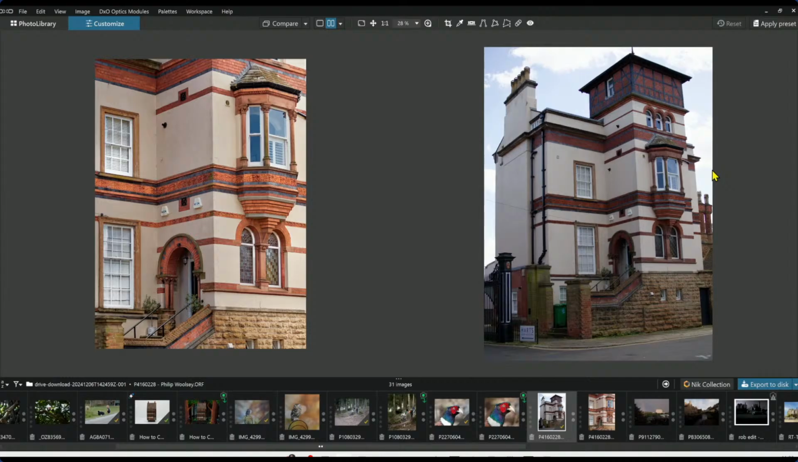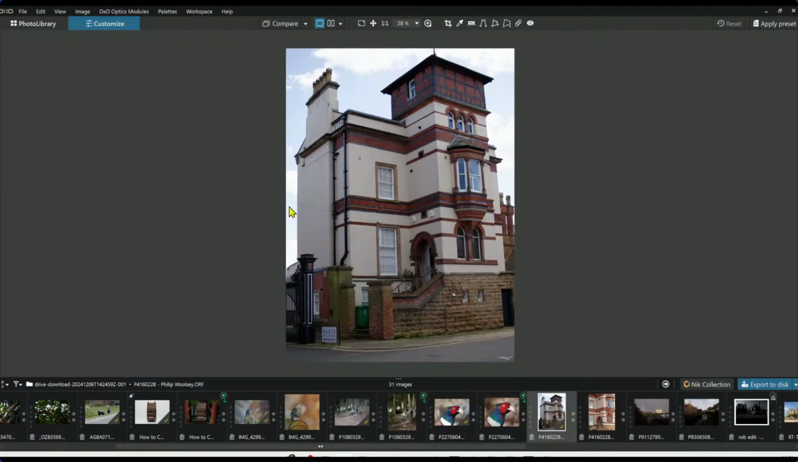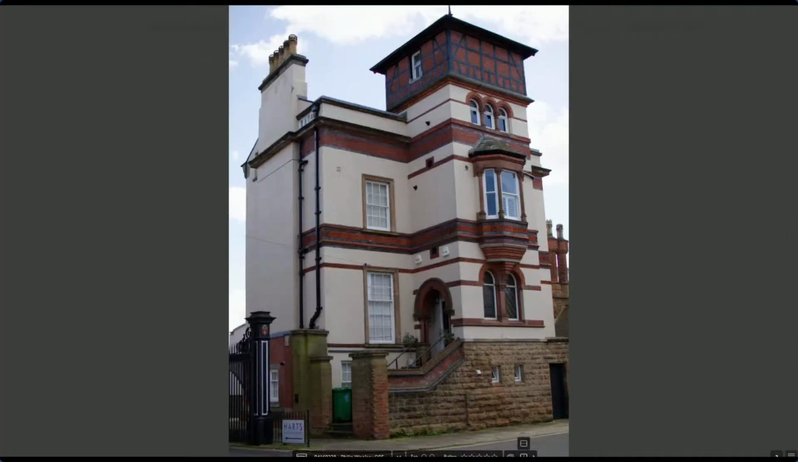Or there's a cloud covering the sun right now, which is most likely the scenario. I had to bring the warmth back in using the white balance. But I think that this image is a much more interesting image